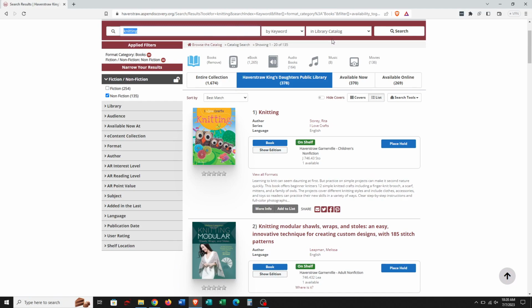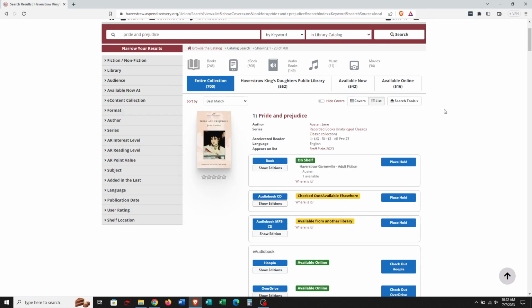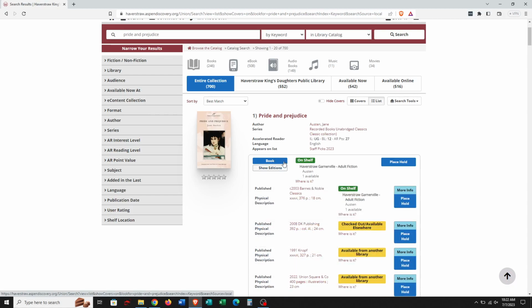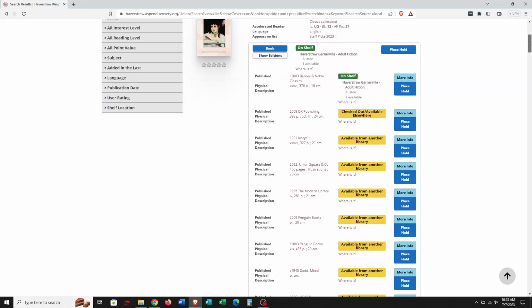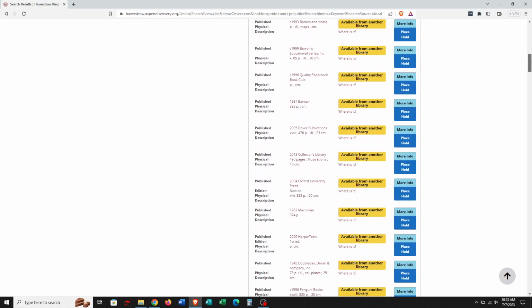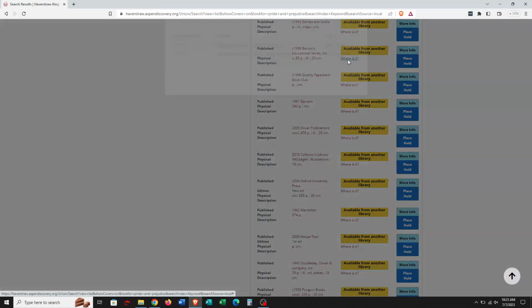So let's do Pride and Prejudice. So let's click on show editions, and I can show you what information will come up. Since Pride and Prejudice has been reprinted so many times, this one has a long list, and you can choose which one you'd like. Again, you can show whether or not it's the version that we have in the library. You can look for where is it